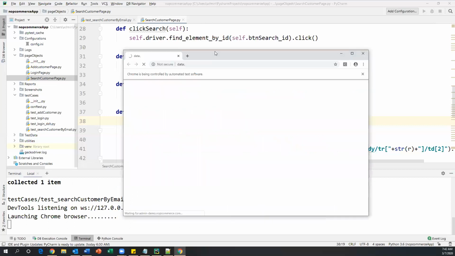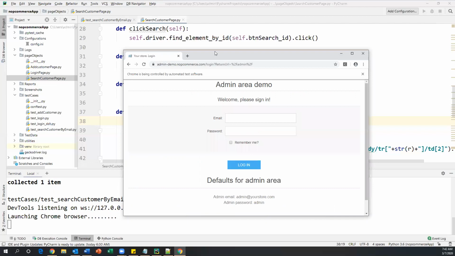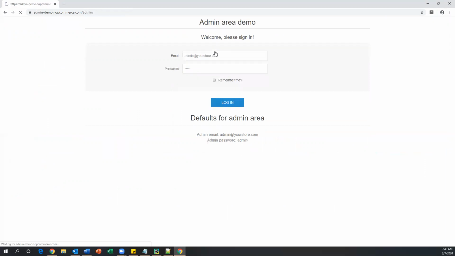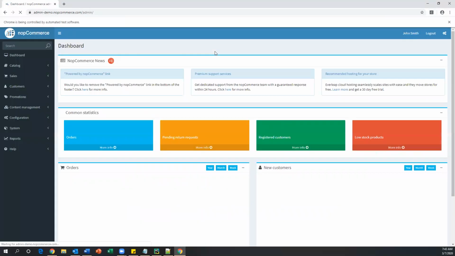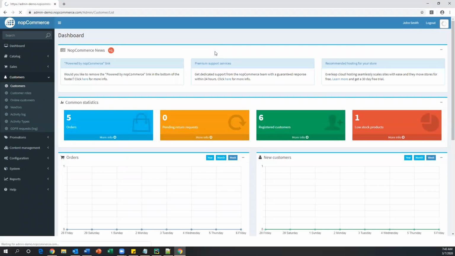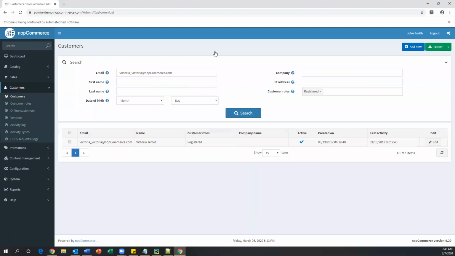So first it starts with the login part. So login, then click on the customers main menu, then click on the customers sub menu. Now it has provided the email ID.